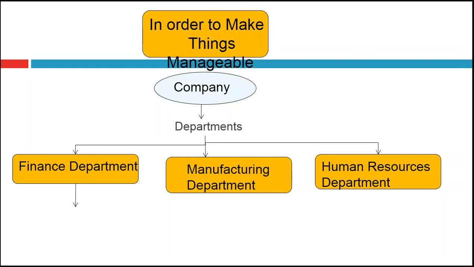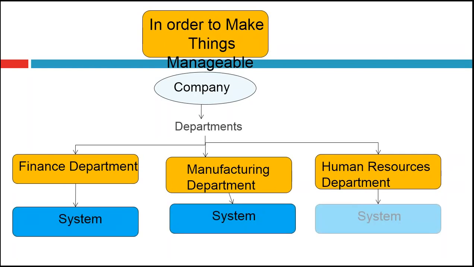To avoid this, the company introduced systems in each and every department, with internet connections. Now, do you think the finance department person can enter into the manufacturing department to know the status? Is it possible or not? Obviously, no. I can say no. Why? Even though they got the systems, even though they got the internet connections, why can't they connect to the manufacturing department?